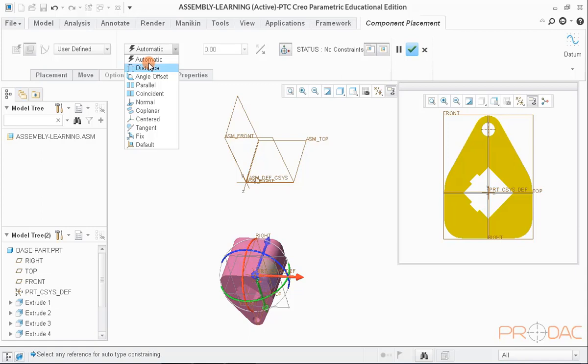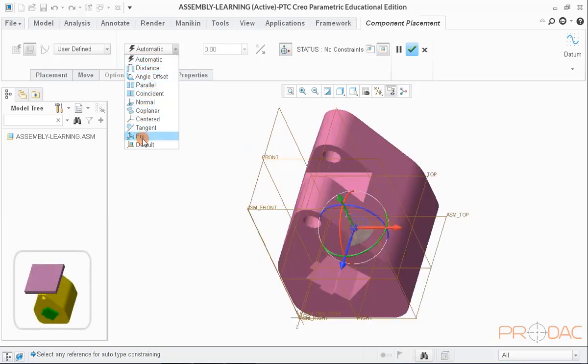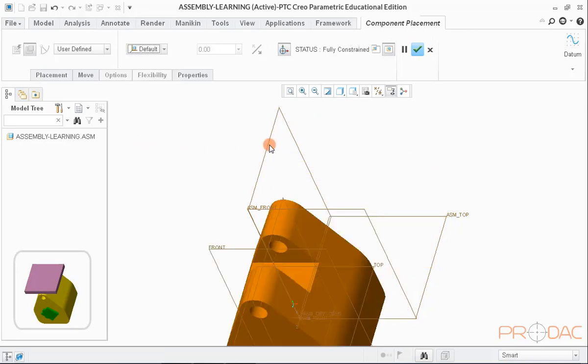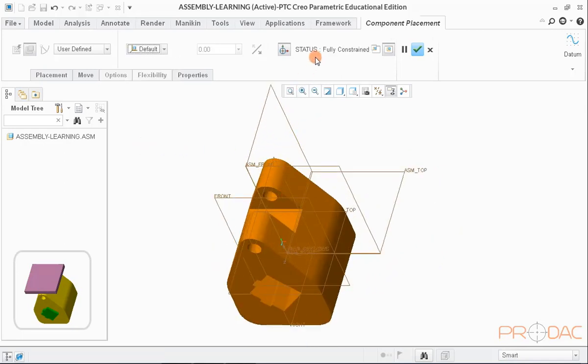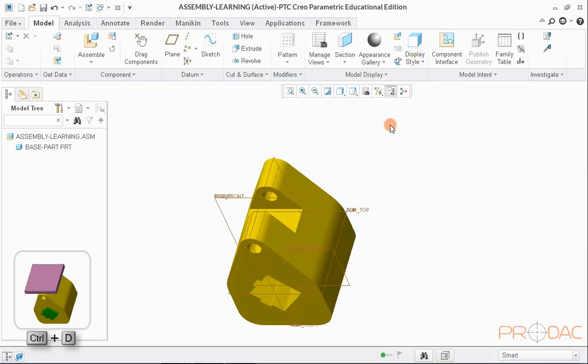Among all these options, it's preferred to use default option to position the very first component of the assembly. Once we select the default option, part gets fully constrained automatically. Now, click on OK button. Let us switch off the planes now.